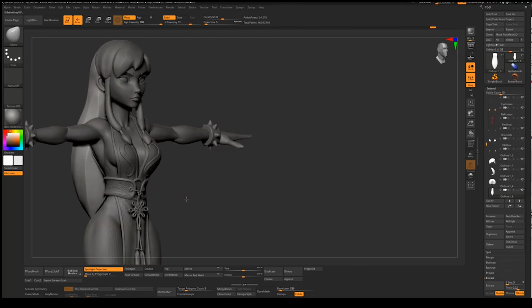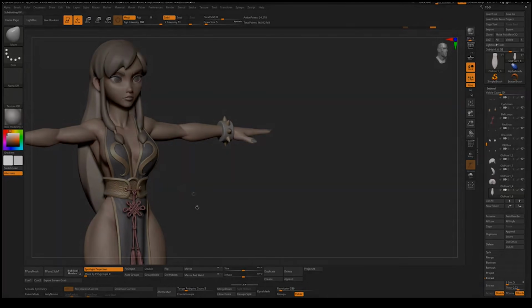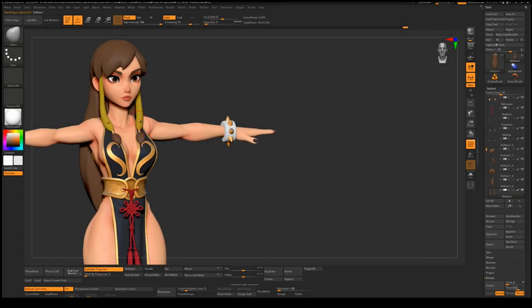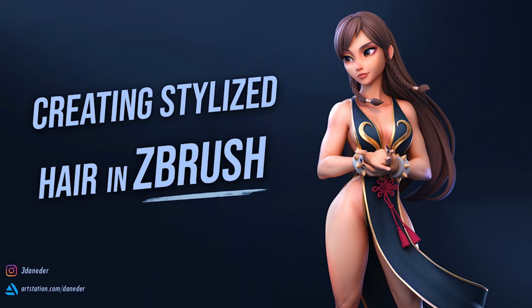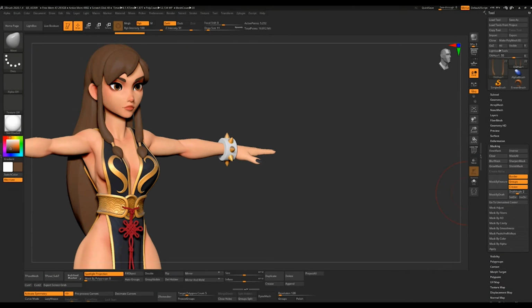So now that we've got some decent looking blockout hair, we can move on to the big boy territory, creating the actual hair strands. Join me in the next video on this playlist to learn some of my techniques for creating appealing stylized hair. Now that we've got our rough blockout hair, we can start going over the process of